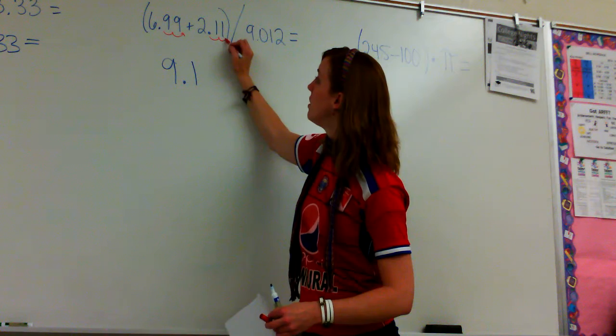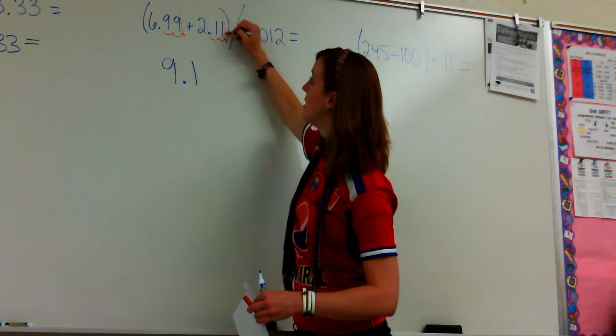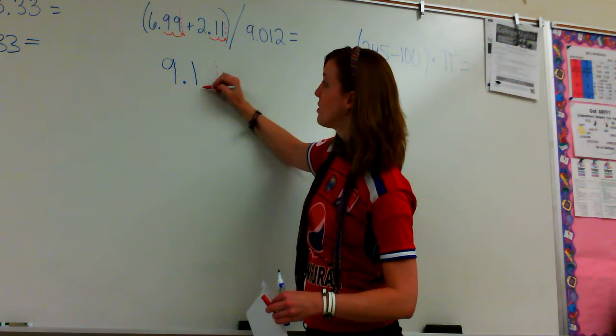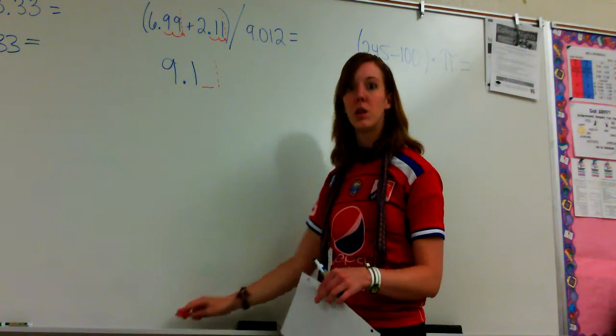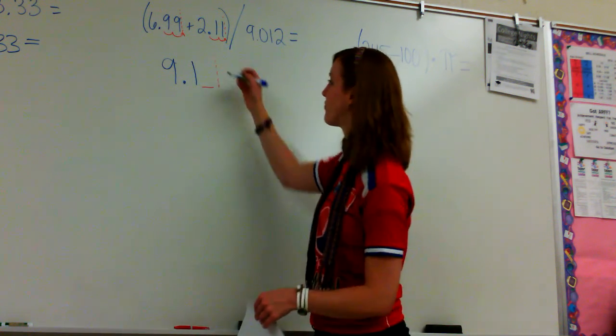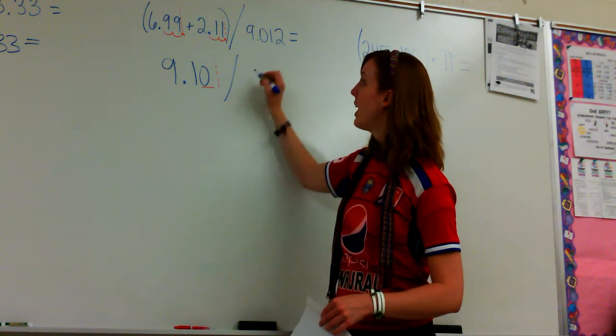And this one also goes to the hundredths. So my dotted line should go all the way out to the hundredths. I need some kind of number there. So what number can I put there but 0? So 9.10 divided by